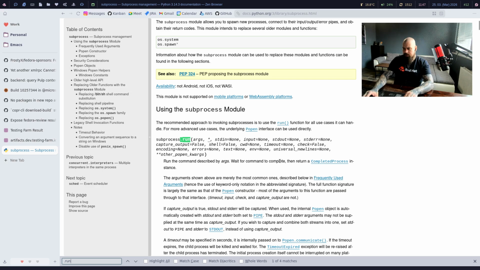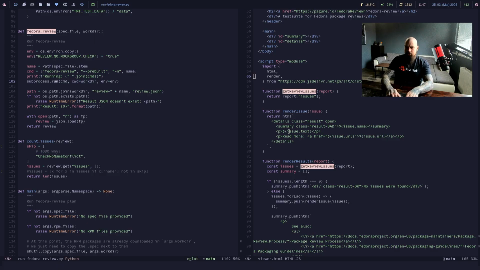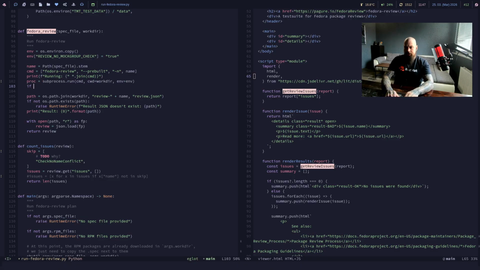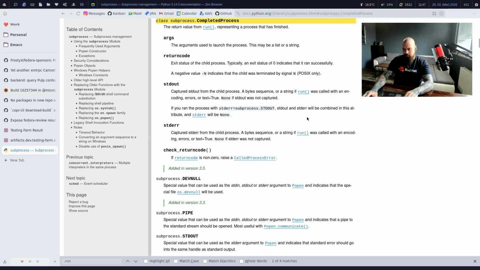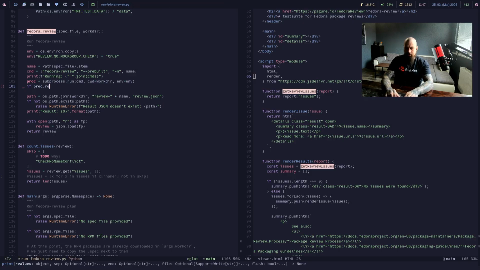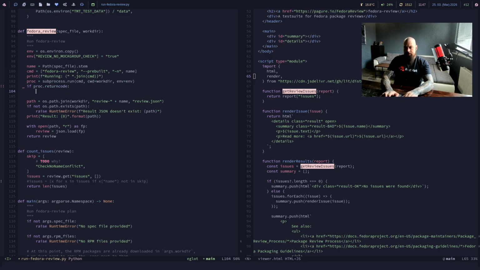Okay, it returns a CompletedProcess. So we can do something like proc, and if proc return code,